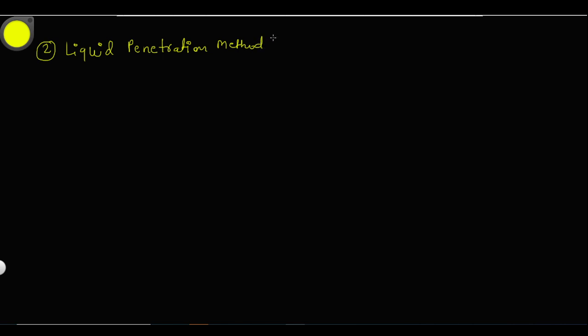Liquid penetration method, or we call it the dye penetration method.